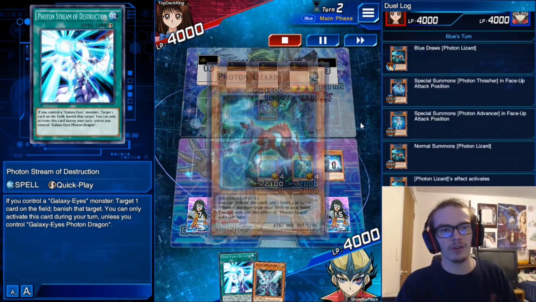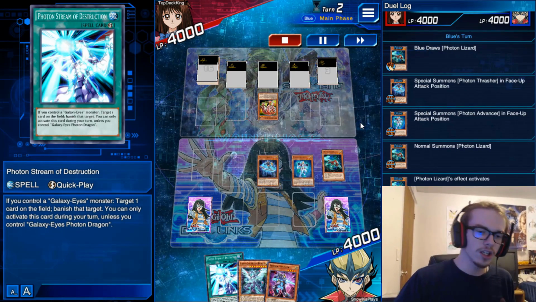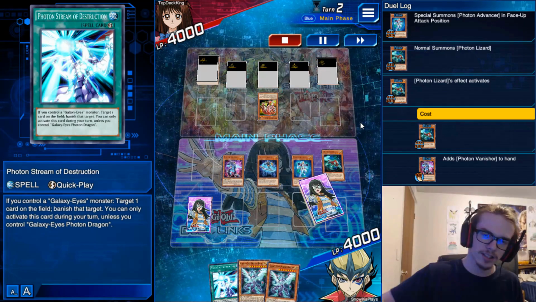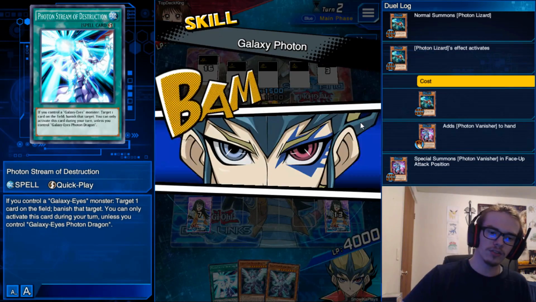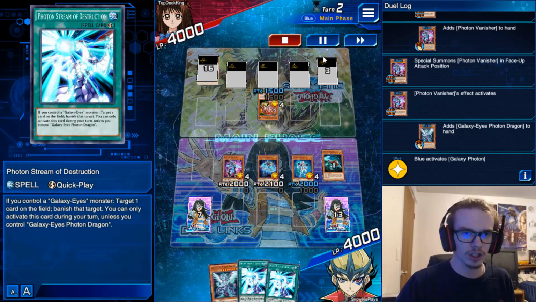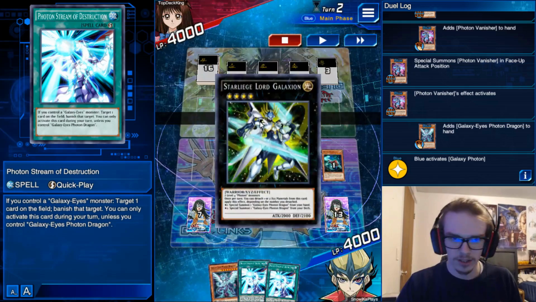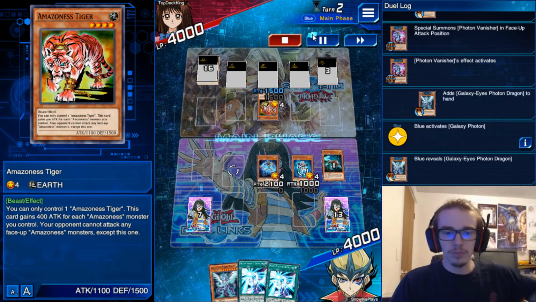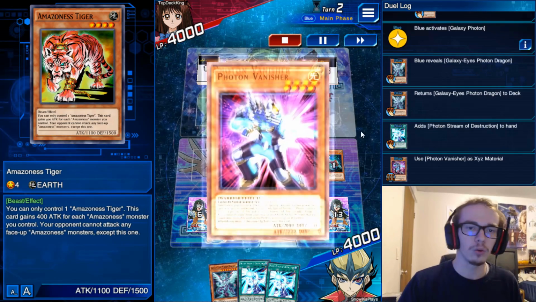Anyway, it doesn't end up mattering because we go Photon Lizard into Vanisher. Vanisher is going to special summon to search out the second Galaxy Eyes Photon Dragon. We are going to tuck the other one back in to grab ourselves that second Photon Stream of Destruction. Now, of course, this is Amazonas. We've already established that, and so they have triple back row, and we're just going to target those back row with our